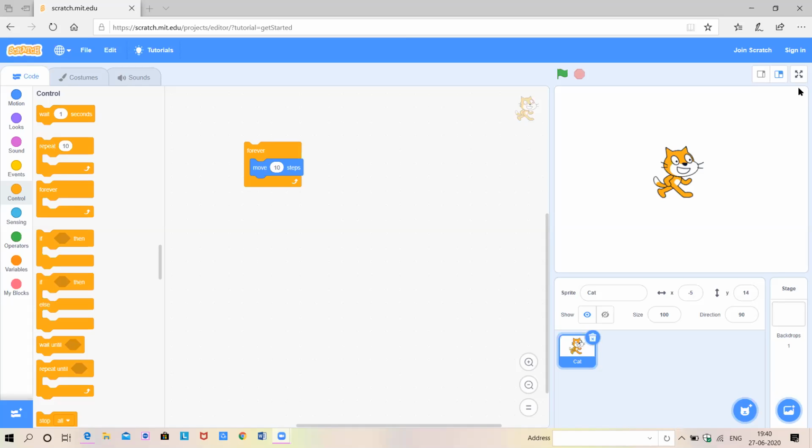Govinda, you have to stop sharing. How do you do it? Arav, I'll come to you also after some time, okay? Yes, sir. But you have added these two blocks, correct? Yes, sir. Okay, very good.